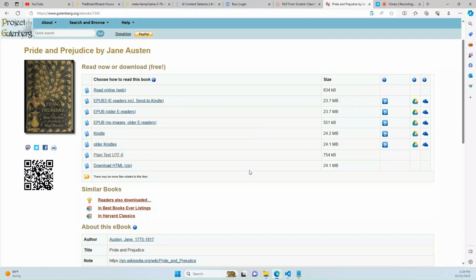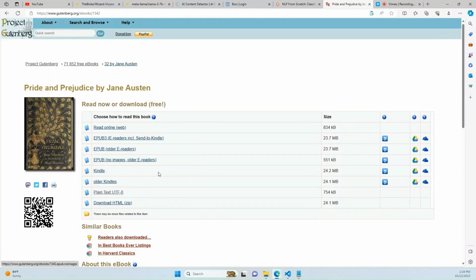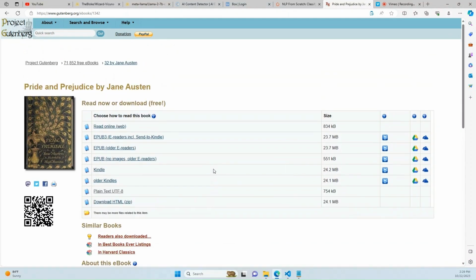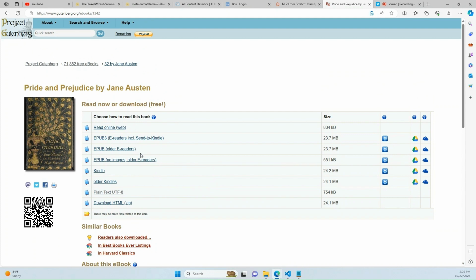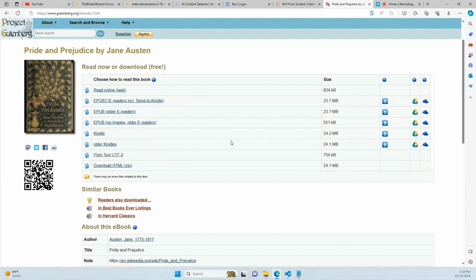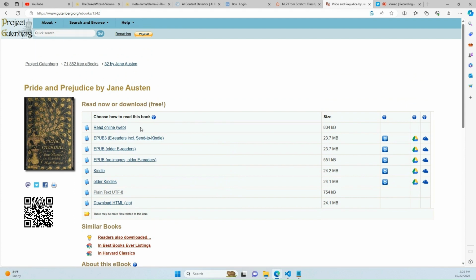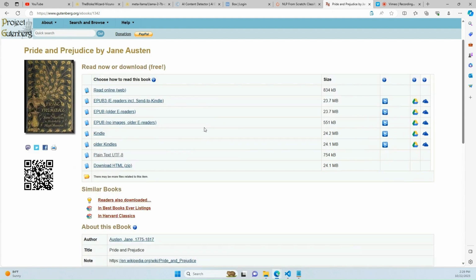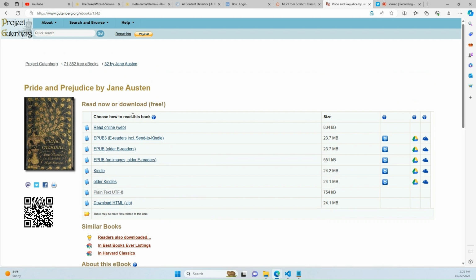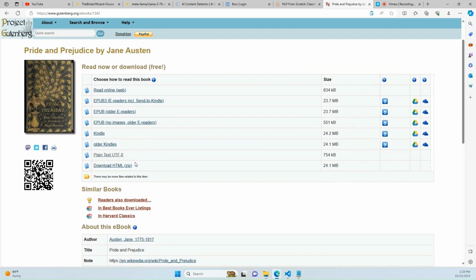Before we get started, one of the primary steps in text generation is to obtain a substantial and relevant corpus of text. In our case, we'll be using the classic Pride and Prejudice written by Jane Austen, which is freely available from Project Gutenberg. Project Gutenberg is a treasure trove for all those who are seeking a rich data set to hone their text generation models. Once you visit this website and click on any relevant book that you want to use for your text generation process, we can download it in various formats. So you can read it on web, and you have an HTML format,